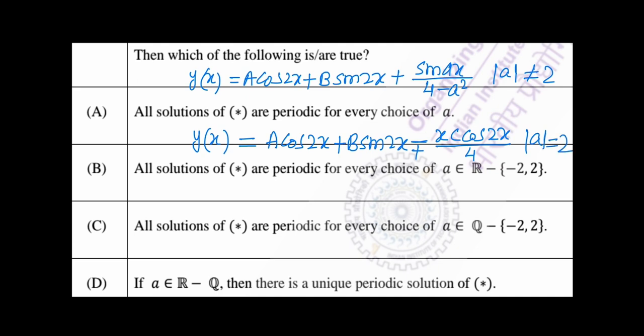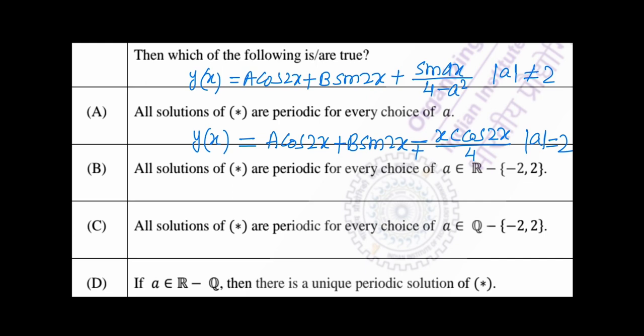Now we choose the correct option. Now see the first option. In the first option, all solutions of star, the differential equation given in the question, are periodic for every choice of a. It is not correct, because